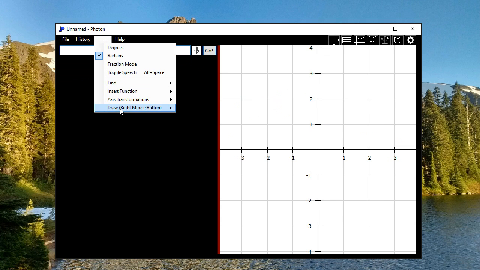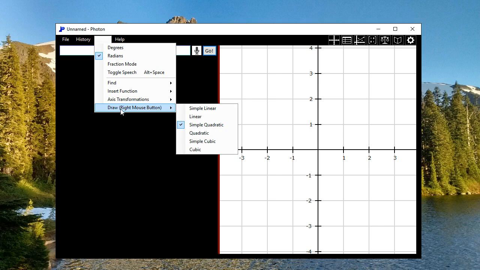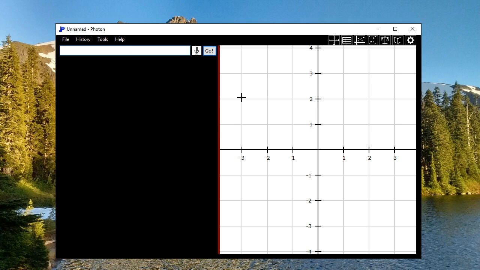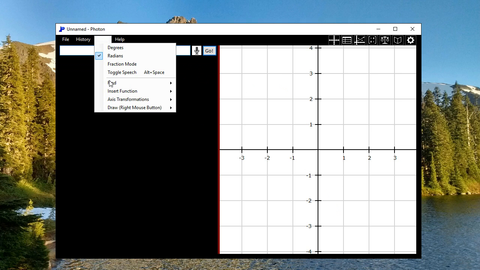I also have the simple quadratic, where it tries to fit a nice, neat quadratic function to your line. So you've got some nice numbers there. Then, I mean, it's pretty self-explanatory. We've got a regular quadratic that actually tries its best to fit where you've drawn. Then we've got a simple cubic,